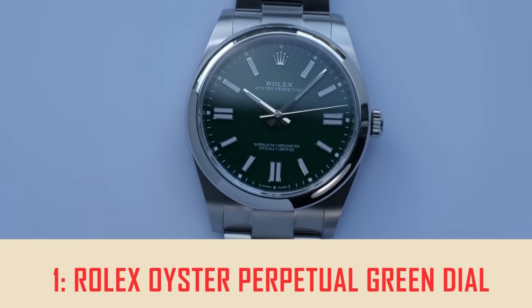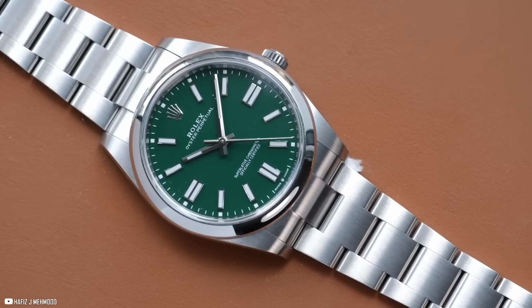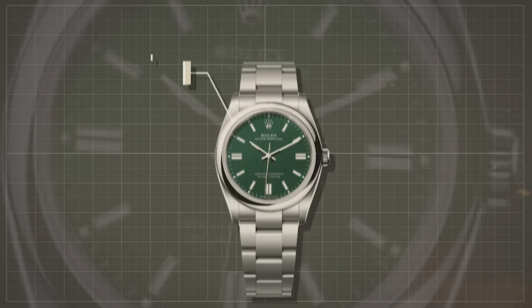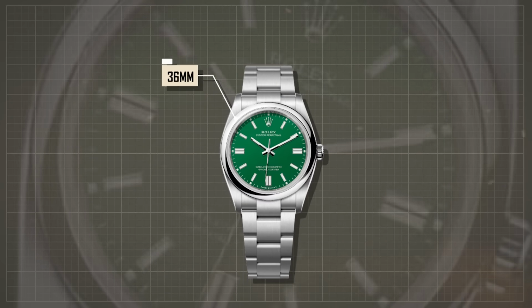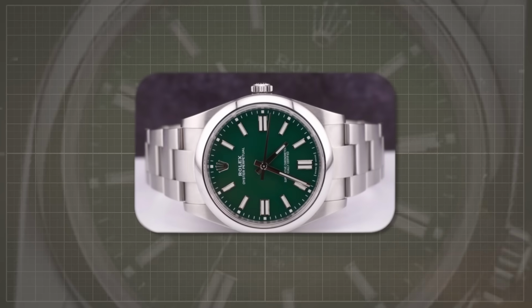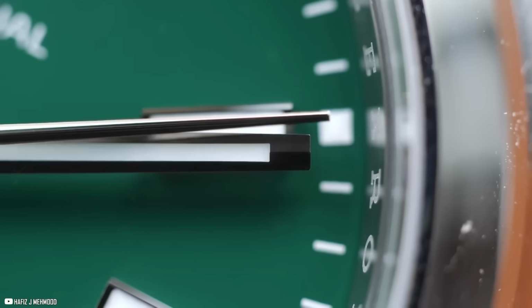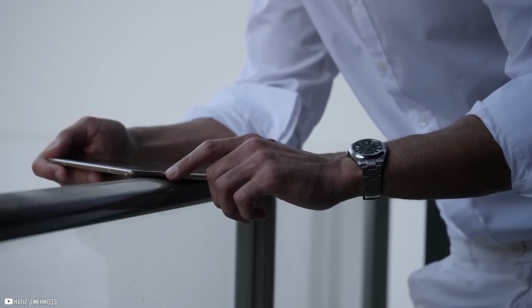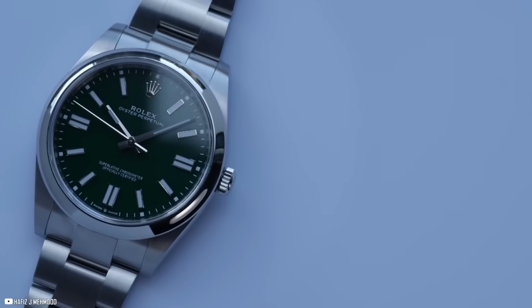Let's get into it. Starting with number 1, the Rolex Oyster Perpetual Green Dial. This one is deceptively simple until you realize that it's trading like a limited edition sneaker drop. The 36mm green dial Oyster Perpetual, launched in 2020, slipped under the radar at first, but the collectors have quickly caught on. That bold, lacquered dial, not olive, not moss, this is high-gloss Rolex green, and it doesn't show up in every store window. It pops hard against that all-steel case and domed bezel, giving off a clean, modern vibe